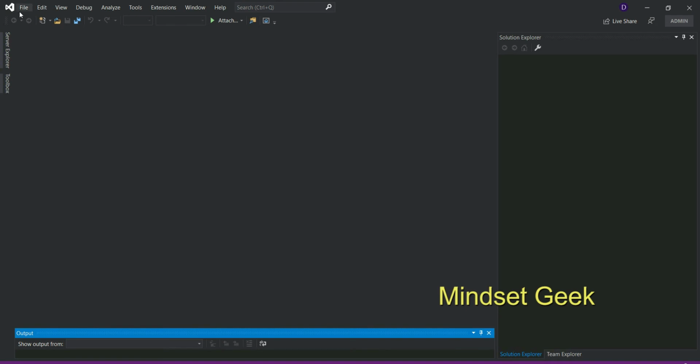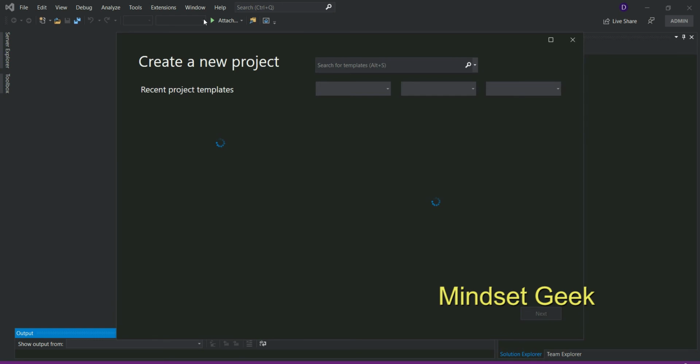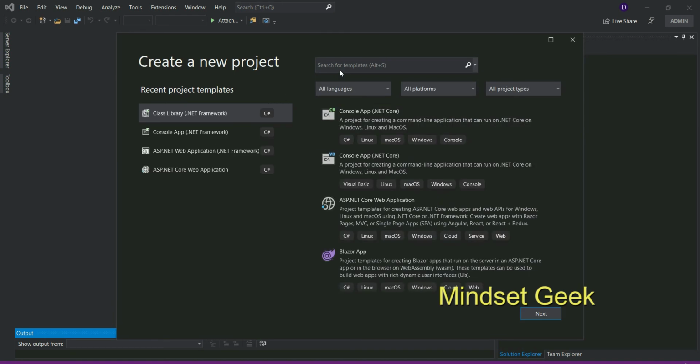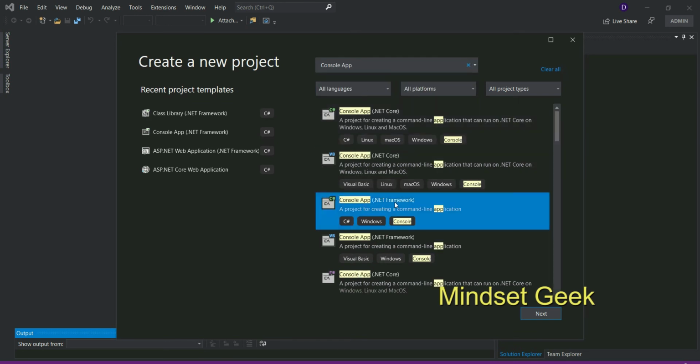First of all, I want to create a new project. Select console app. Console app project, we need console app with .NET framework, right? Console app .NET framework and C sharp support. Not this one, this is Visual Basic, right?